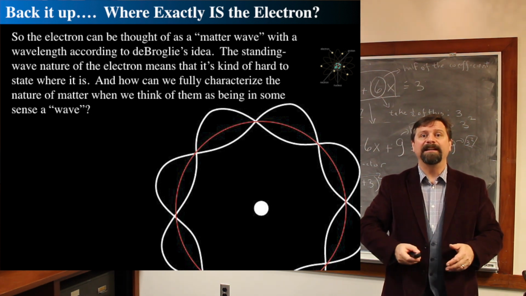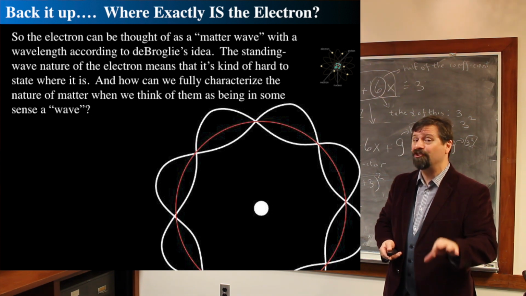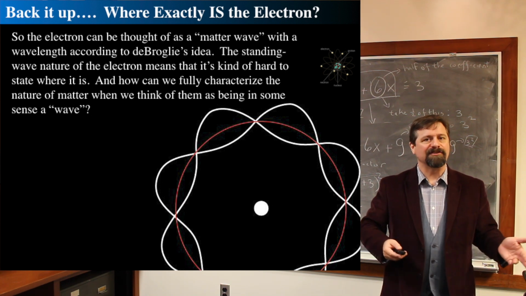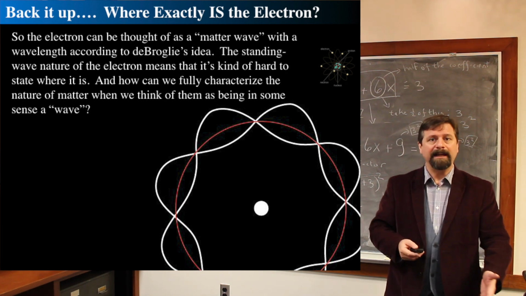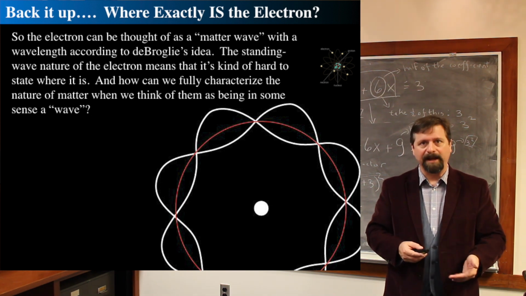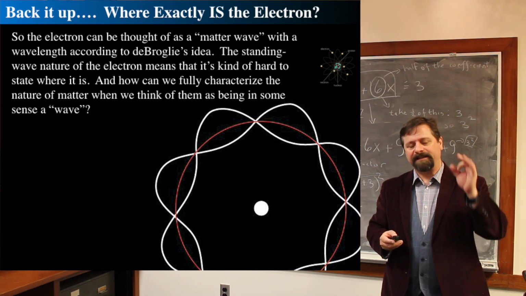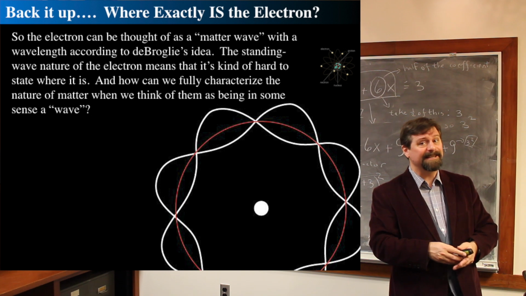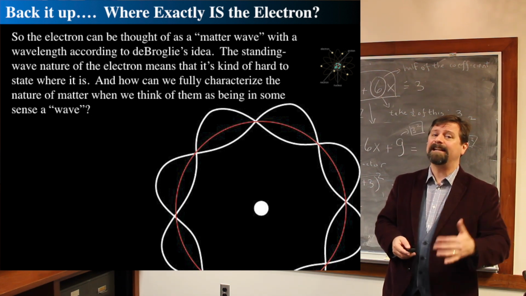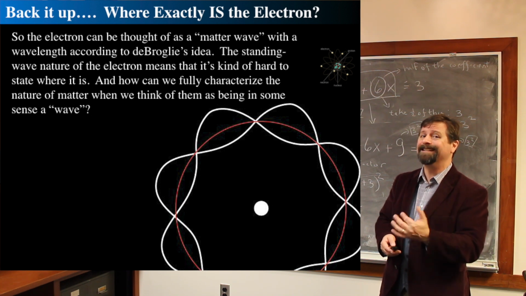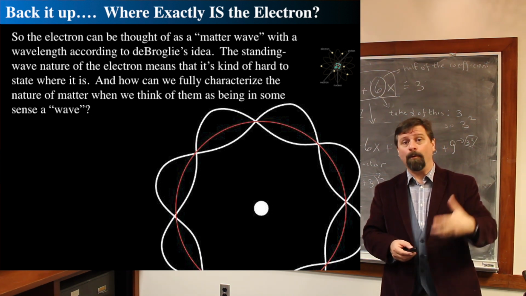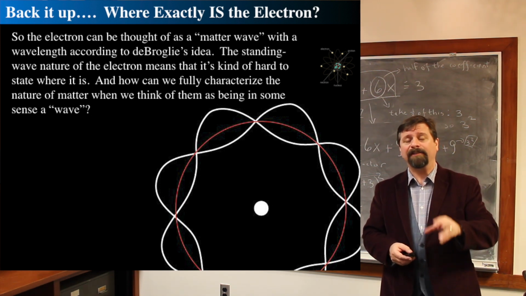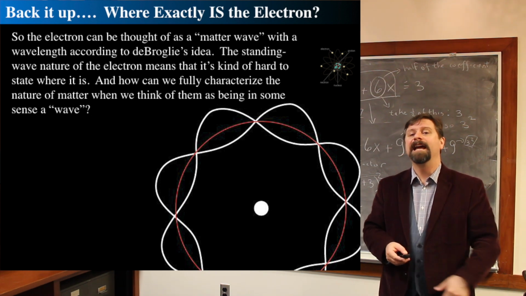and we can say it's a shorter wavelength. But if we then ask, where actually is the wave on the string, we wouldn't have a good answer. We'd say, well, I know that it's on the string. I know that it makes up the entire length of the string, but where exactly is it? Where can I pinpoint it on the string? And the answer is no, you cannot. So in the same sense, we now have a very strange thing where we cannot pin the electron's location inside of a bound atom. Once it's in there, it's in a standing wave setup. The standing wave does not permit us to actually find the location of the electron,